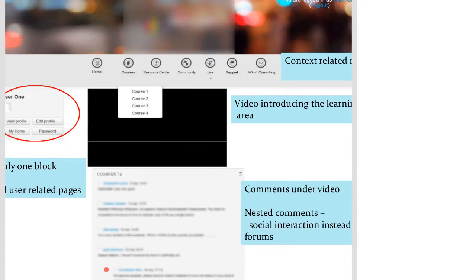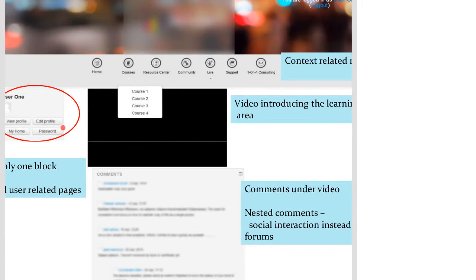Next, you'll notice that there are actually no blocks when the user sees the page. I tried a blockless Moodle experiment, which I got inspiration from the Moodle forums. There is only one tiny block on the left, which provides all the user-related pages very prominently: you can view your profile, edit profile, go to My Home and password.